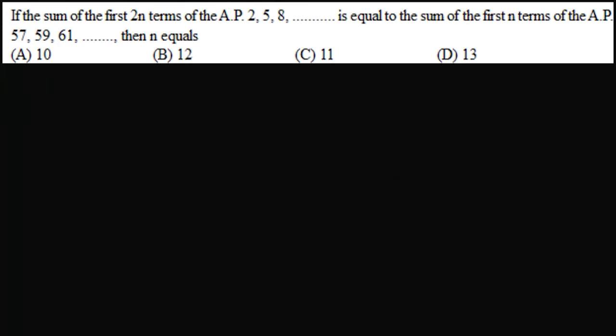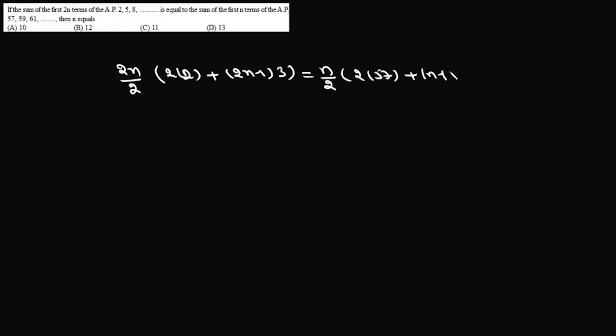Now the question is, if the sum of the first 2n terms of an AP is equal to the sum of the first n terms of this second AP, then the value of n is. Now the sum of the first 2n terms will be 2n/2 times (2a + (2n-1)), and the common difference is 3, which will be equal to n/2 times (2a + (n-1)), and here the common difference is 2. Now this 2 and 2 will cancel, and this n will also cancel,